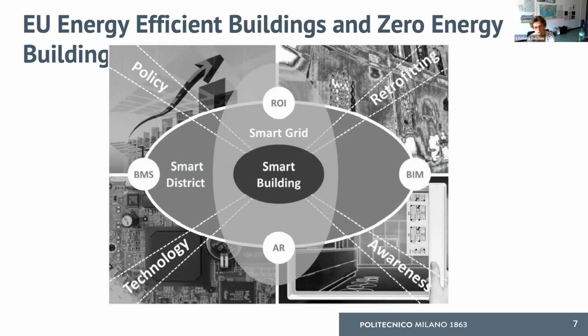We have the smart district and the smart grid, which are places within which the building lives. The smart grid is the provider, from a certain point of view, of the energy, and the strategies and techniques that we can try to adopt and exploit in order to work towards this goal of energy efficiency relate to four main areas. From a certain point, we have the policies and regulations that the countries can put into place in order to try to reduce the use of energy.